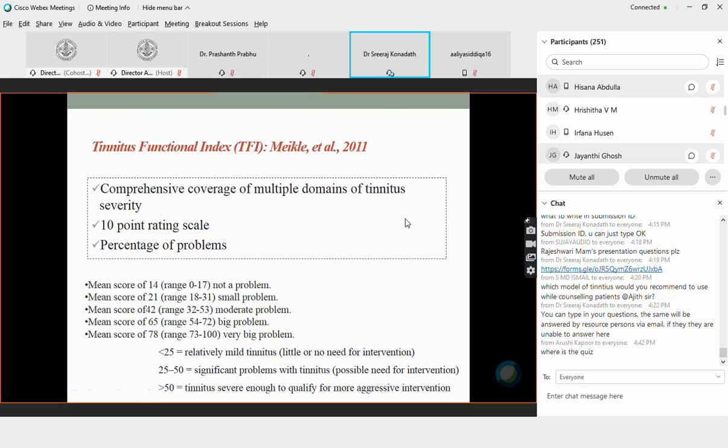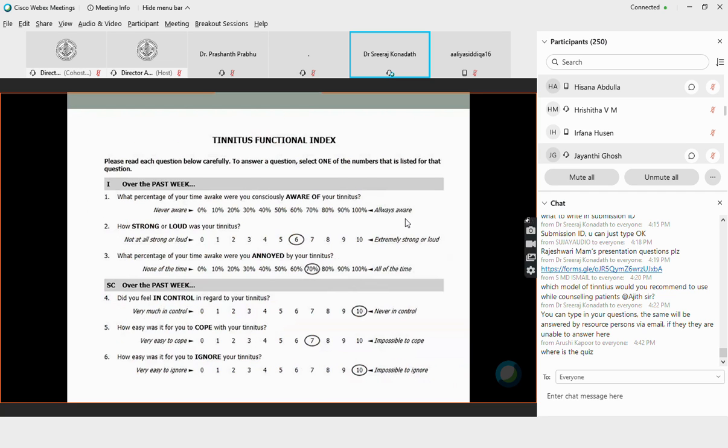And another way of classification is, if you don't want to complicate it too much, you can take it as less than 25, mild tinnitus, it need not go for intervention. 25 to 50, a possible need of intervention is there, and greater than 50, it is severe tinnitus, and you have to go for aggressive modes of intervention. Okay, so in these ways you can also understand if an individual needs management. Keep these things in mind. These are very simple forms, you can easily assess, and it hardly takes 5 minutes for each questionnaire.